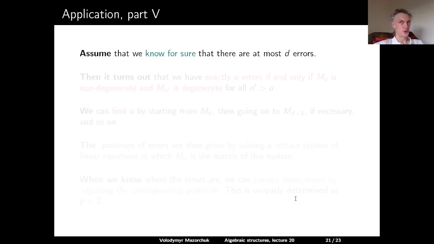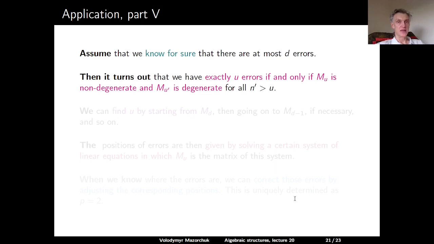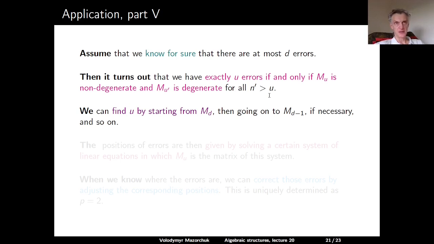So assume that we know for sure that our transmission can produce at most d errors. Then it turns out that we have exactly u errors if and only if the matrix M_u is non-degenerate, while M_u' is degenerate for all u' that are greater than u. So we can find this u starting from the biggest matrix M_d, checking whether it is non-degenerate. If it's non-degenerate, then u is equal to d. If M_d is degenerate, we go to M_(d-1), and so on,